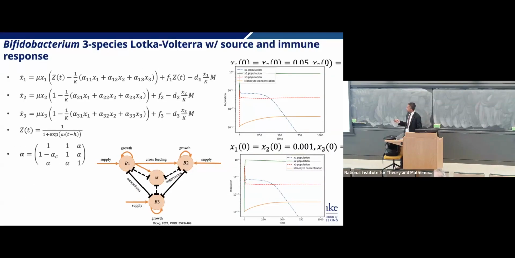They also said, what happens if we add in an immune system to this? So what happens if we add in both what you can get from your mother as well as what you can get from yourself? So what immune signals you might get from that, and how well does that control your bifidobacterium population? And they always say that with a reasonable guess that this did describe our adult bifidobacterium population.